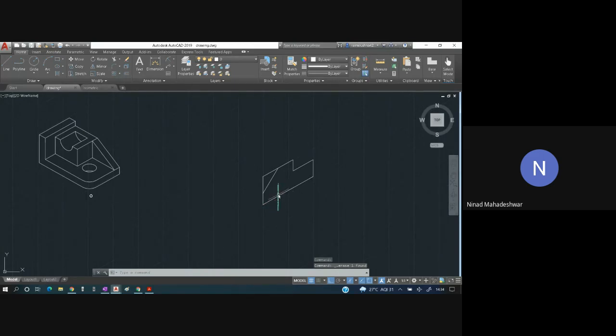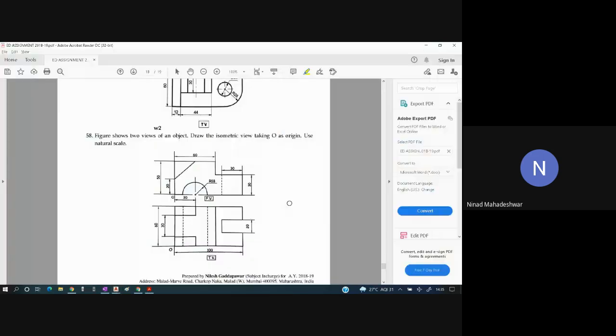So at that center, I am going to draw an iso circle. So EL, enter. Here I'll select iso circle. I'll specify the center, which is this. How much is the radius of this part?